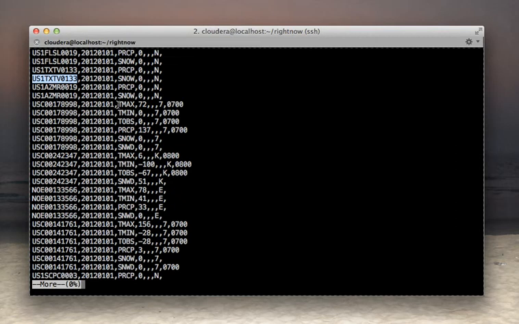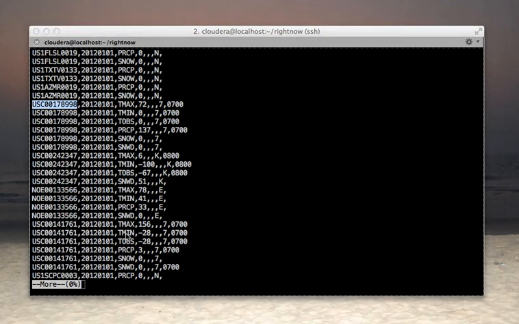The only elements that we are really interested in at this point is this first column, which is a station ID for the weather station. The second one is a date. The third one is the nature of the observation. So snow is just snowfall. PRCP is precipitation or rainfall. Tmax and Tmin are the highest and lowest temperatures. And the very next column has the numeric value for the particular observation. So in this case, the temperature was a maximum of 72 degrees Fahrenheit at this particular weather station on the 1st of January 2012.